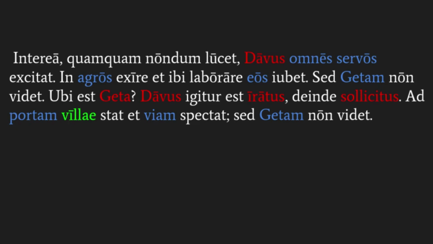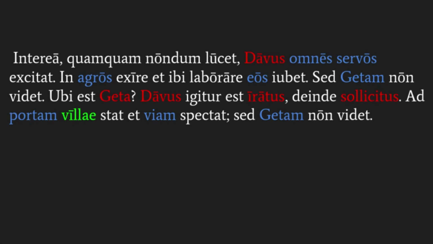Why would he be anxious? Well, the anger is justified because one of his slaves ran away. The worrying part, right, being anxious, sollicitus, makes sense because you have to remember Davus is a slave, right? And he's in charge of all the other slaves while Cornelius is gone. The implication here is that if Cornelius were to come home and find out that Geta ran away, he's going to blame Davus. That's why he's sollicitus, right? He needs to get Geta back.